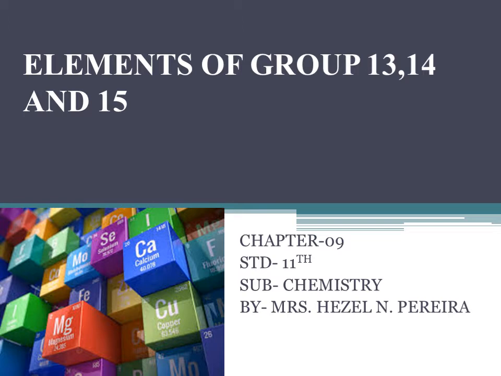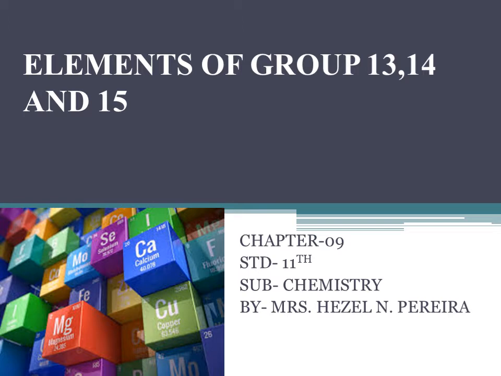So in that we came to know about the ionic radius, the ionization enthalpy, the electronegativity of group 14 and 15 elements. Then students, we started with one of the most important topics, that is the chemical properties of elements of group 13, 14 and 15, and in that we completed two properties. The first property was the oxidation state, and the second property was the bonding. In today's lecture, we are going to study a few more properties which are given in your textbook.